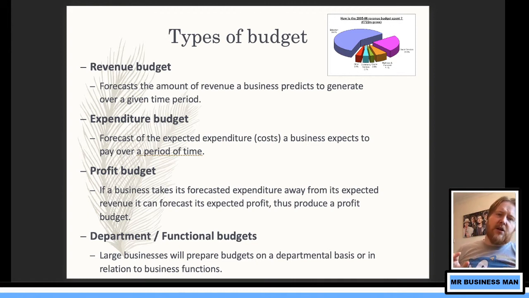Now, the interesting thing with this is, if we had a profit budget that said we were going to make $1 million, but we actually made $10 million, why is that not good? Okay, have a think about that a second. Why is it bad if our revenue was way higher than we ever thought it would be? It's not bad in the sense that it could be good for the business, but